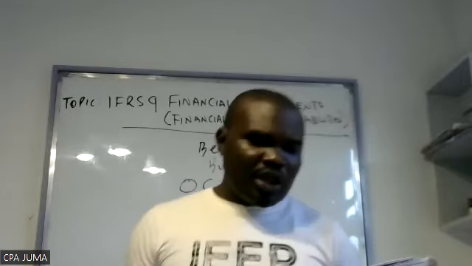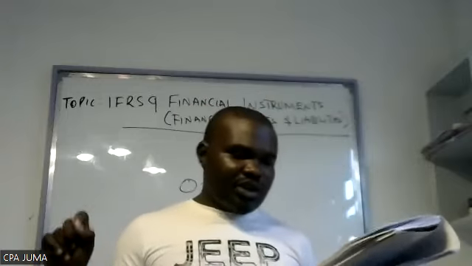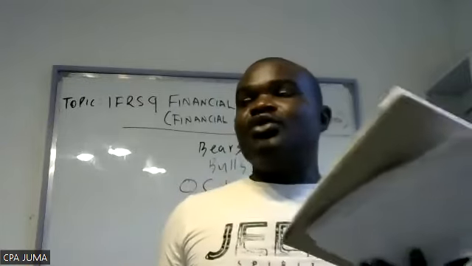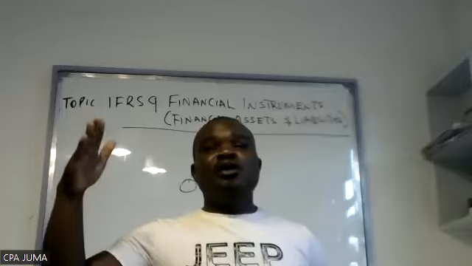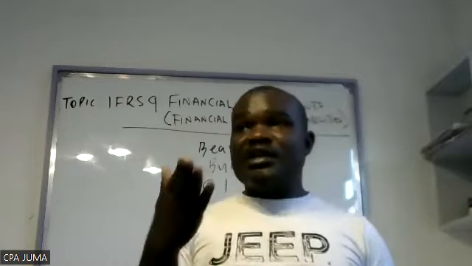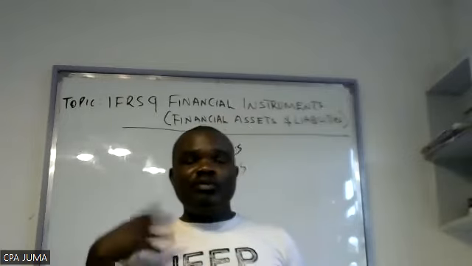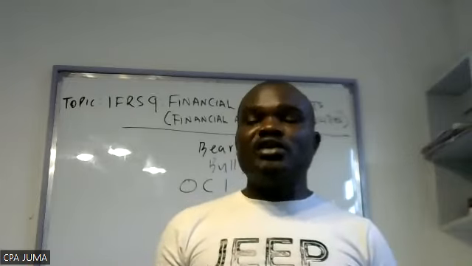We read, amortized cost is the reduced value of the instrument having taken into consideration the finance cost and the amount paid, that is interest. As time goes by, these are long term, some go even for 20, 30 years. So as time goes by, there is that interest they pay into your account. You are being paid the interest.